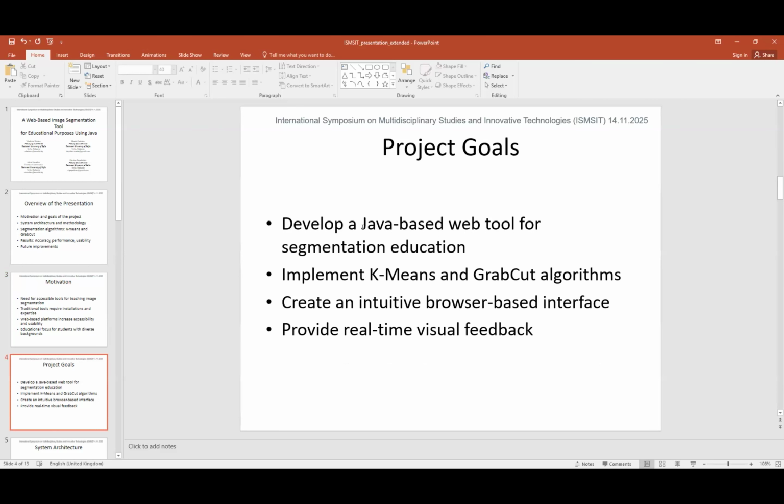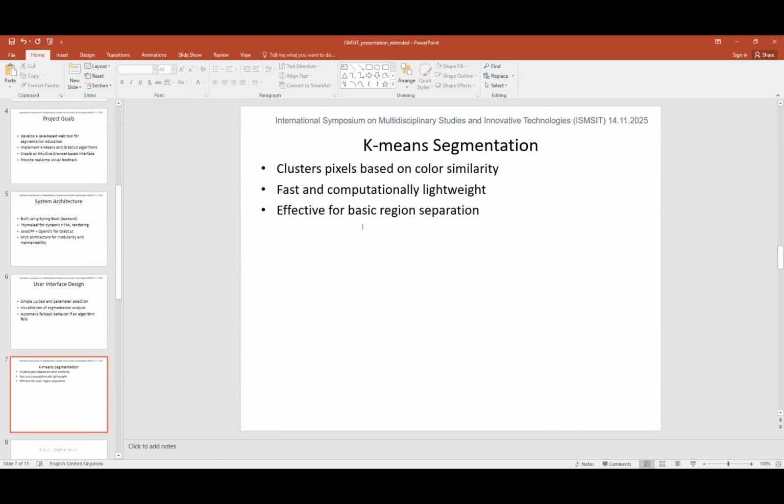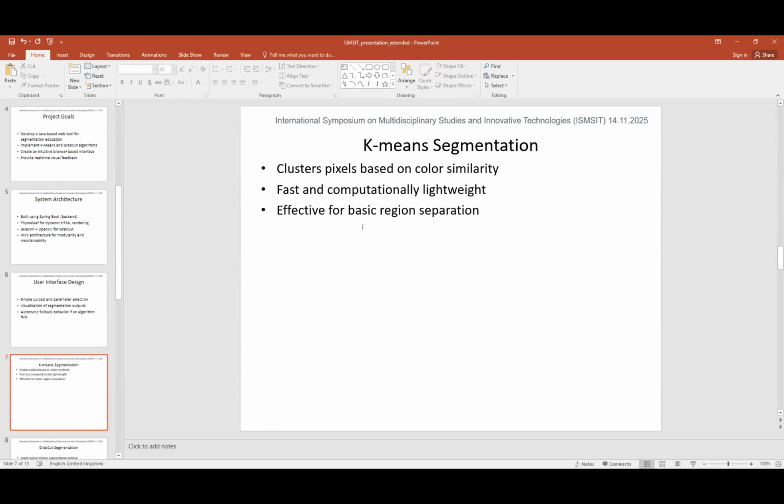The application integrates two classical segmentation algorithms: K-means clustering and GrabCut, selected for their complementary characteristics and educational value. K-means offers an intuitive color-based segmentation approach ideal for introductory exercises, while GrabCut provides a more sophisticated graph-based method capable of producing